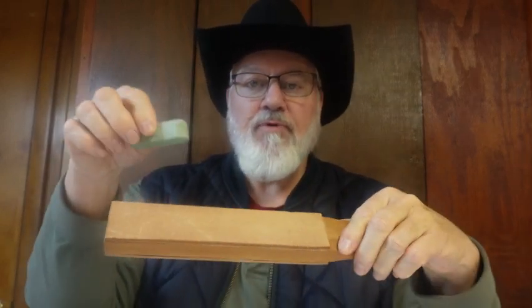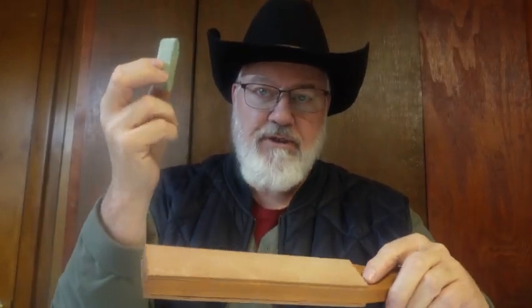You've come along to watch some stropping of some knives, and I've got a few here that need touched up a little bit, and a couple pocket knives. So we're going to be talking about those. We're going to strop them on this strop using this compound,